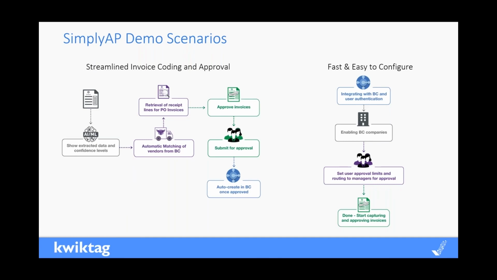We're going to talk about the two main things that Mike mentioned: the actual AP process itself, an invoice coming in, matching it to a PO, potential routing for review, submitting it for approval and auto creation into BC. That could be an extremely fast process, as Mike said, if you do want to take advantage of the auto matching, but it could also be something that you can tailor to your own process based on your approval routing that you can configure in the second portion of what Mike was talking about.